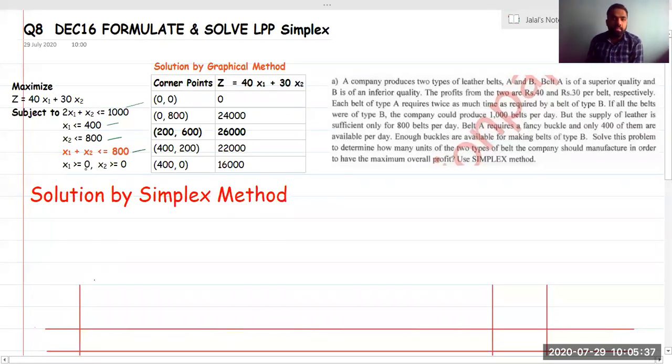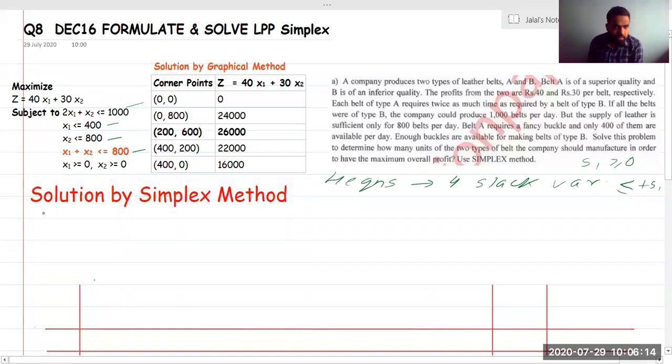So if we can see clearly, there are total 4 equations. So if there are 4 equations, we already know there will be how many slack variables? 4 slack variables. One more thing that we need to be very clear is, since all the equations are having less than equal to, we will have slack variable in addition, which will be plus s1 plus s2 plus s3 and plus s4. And by definition, all the slack variables must be greater than equal to 0.